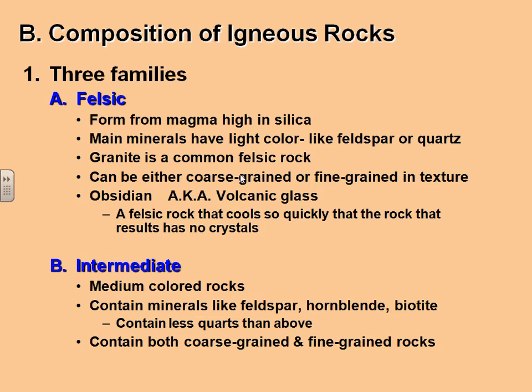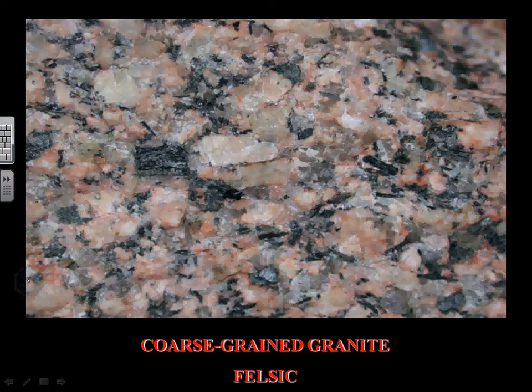Intermediate. Now, intermediate is kind of a middle color, and it's basically a medium color. And then again, this is less quartz involved. So the lightest one would be felsic with quartz. Not as much quartz for intermediate. But then you've got mafic. But I want to show you